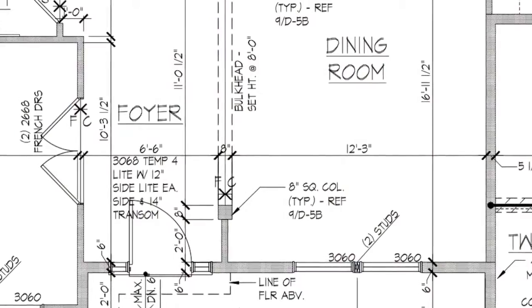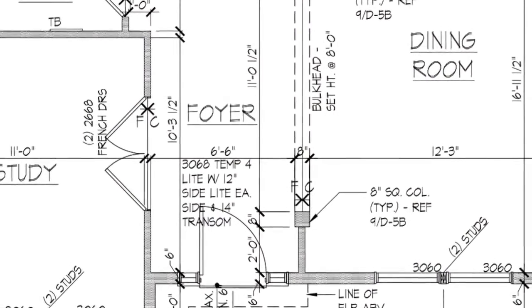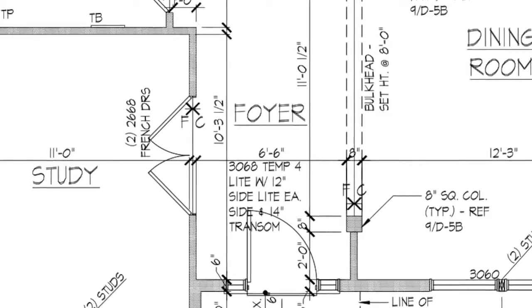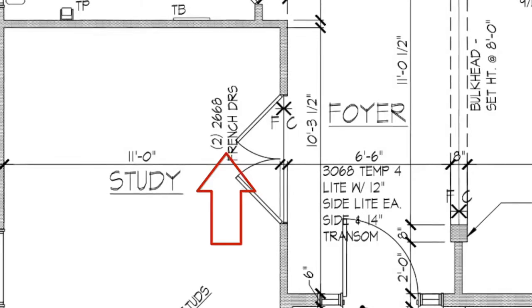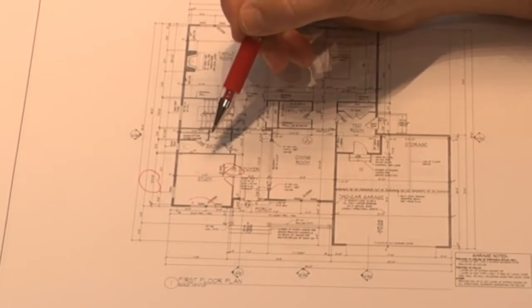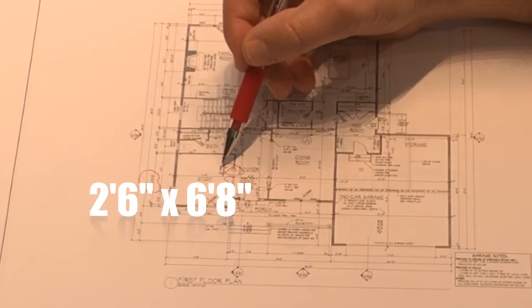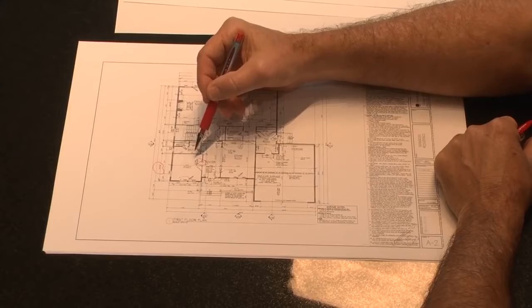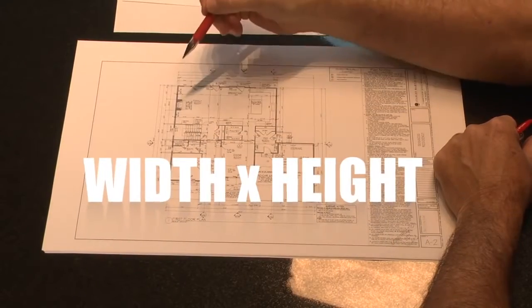Going from the foyer into the study, you'll notice there's a set of a double swing door. It says here 2668. That means there are 2 doors. Each door is 2 feet 6 inches wide by 6 feet 8 inches tall. So the key thing to remember when you're looking at doors and windows is its width, then height,